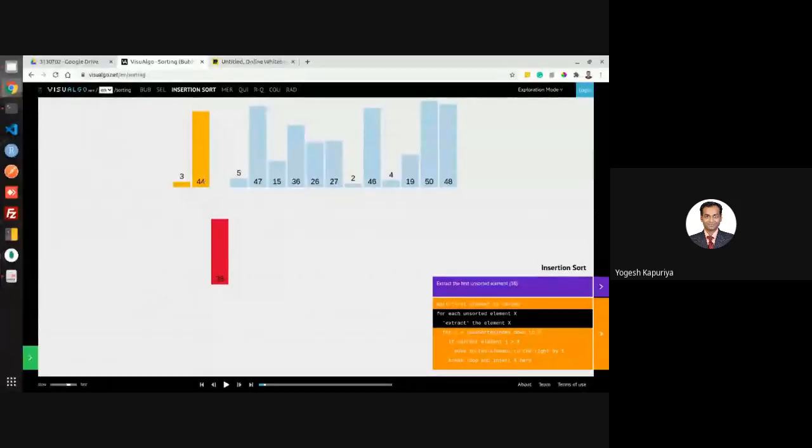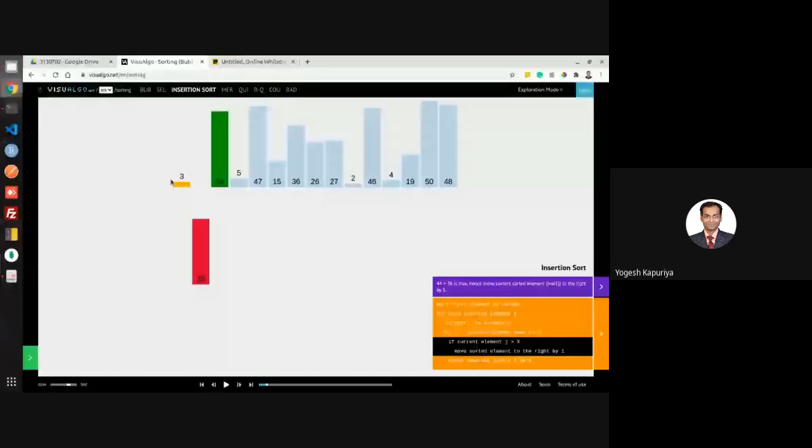So you will start comparing with the last element because you know that this is sorted. If the last element is greater than this element, then you will shift this element towards right. So 44 will be shifted towards right. Again, this 38 will be compared with 3. If this element is greater than this, then this will be shifted, which is not the case over here because 3 is less than 38. So what will happen now? 38 will take this position which is empty.